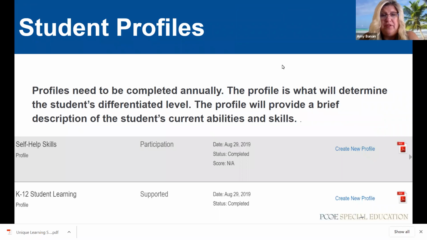Okay, student profiles. That's why this is so important to do the profile at the beginning of the year, so you have the correct differentiated level. Here, under profiles in their dashboard, you're going to want to create a new profile. That's just going to update. It still archives the old profile that you did last year,